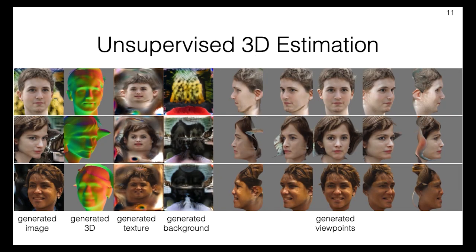You can see in these examples that the rendered faces, shown in the leftmost column, 3D, shown in the second column, and textures, unwarped on the Cartesian plane in the third column, are all quite realistic and of high quality. The fourth column shows the background texture, also unwarped on the Cartesian plane. And finally, the last 5 columns show different viewpoints of the foreground object alone. Notice that the generated 3D representation is not a depth map, but instead a mesh of triangles.